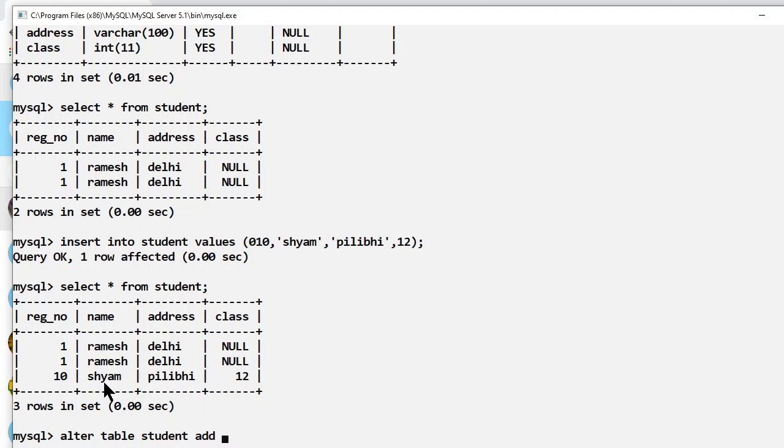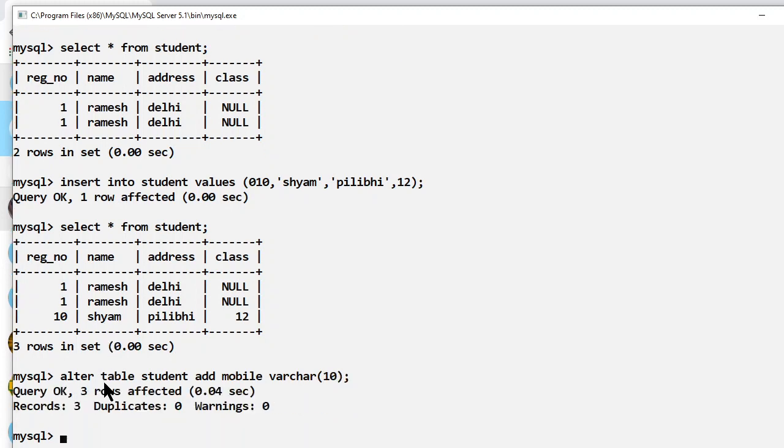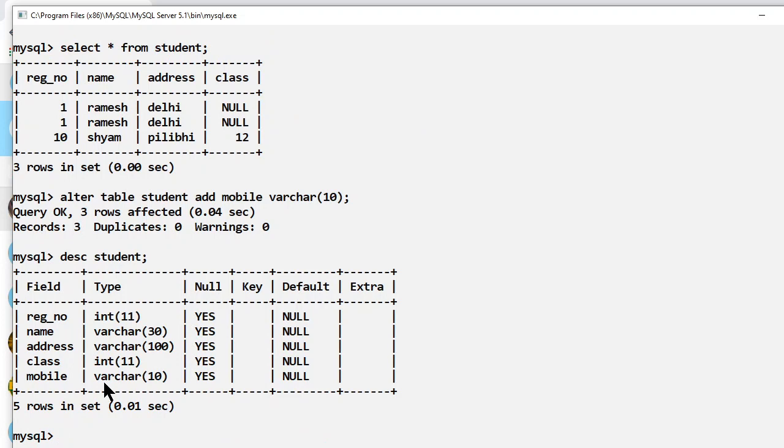What I want to add is the column mobile, and the data type of mobile I will use is varchar, and in varchar I will write 10. Semicolon, query executed. Now if I see the description of that student, you can see that one more column is added, named mobile, with the data type varchar.